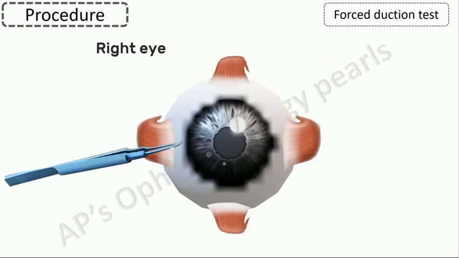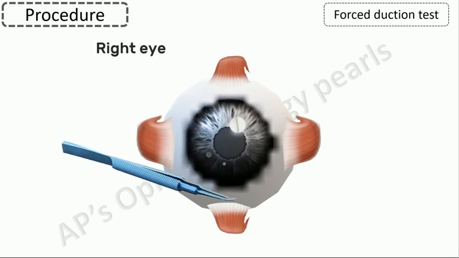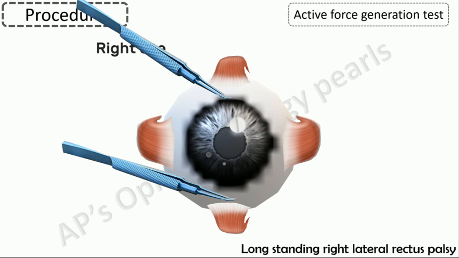To test for lateral rectus contracture when adduction is limited, for superior rectus contracture when infraduction is limited, to test for inferior rectus contracture when supraduction is limited. Alternately, some people use two forceps at opposite meridians perpendicular to the movement limitation. For example, for horizontal restriction, two forceps are used at 12 and 6 o'clock.